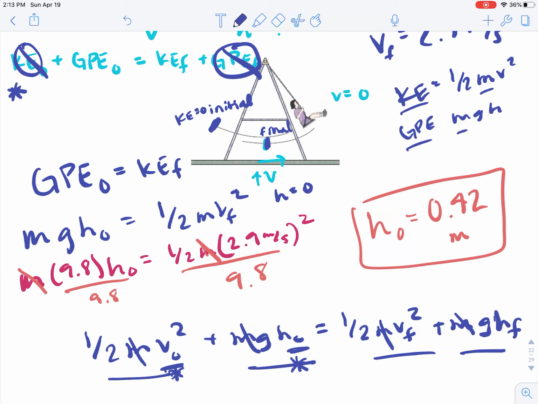And maybe this reminds you of an older unit. When you are solving for final speed as you drop an object, did that depend on mass? It didn't. This is